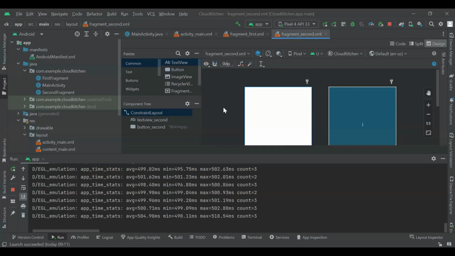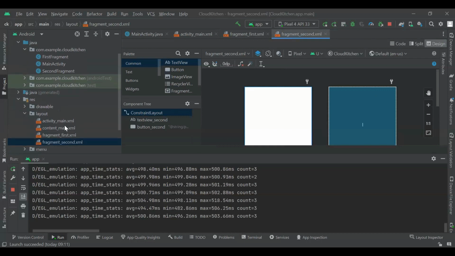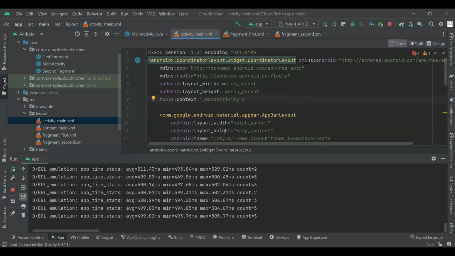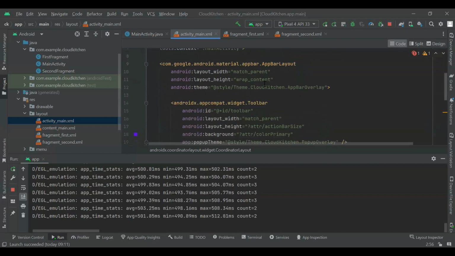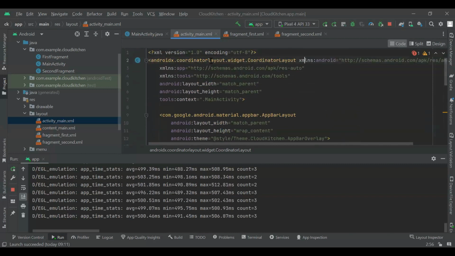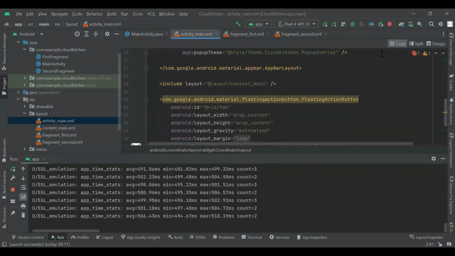See, and yesterday we discussed this, the activity XML, the first design. Activity main XML, that means when you create an application, by default this will be your activity XML design. In yesterday's session, I already discussed XML and namespaces, basically. In this, I have used AndroidX. I have not used the normal layout. I have used the AndroidX coordinator layout, and with the help of coordinator layout, I created